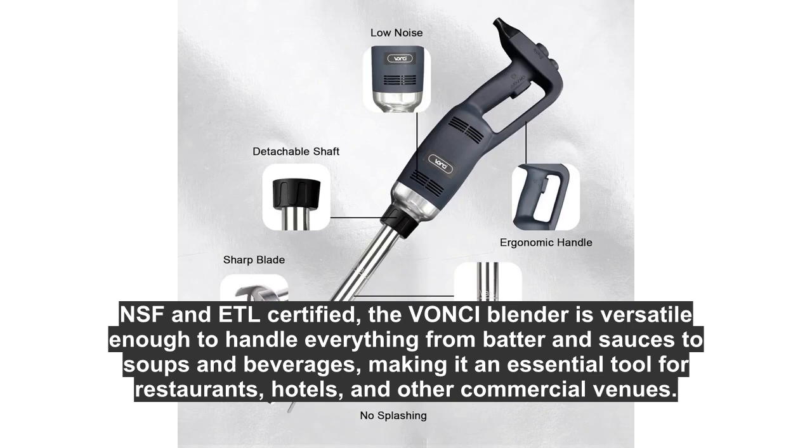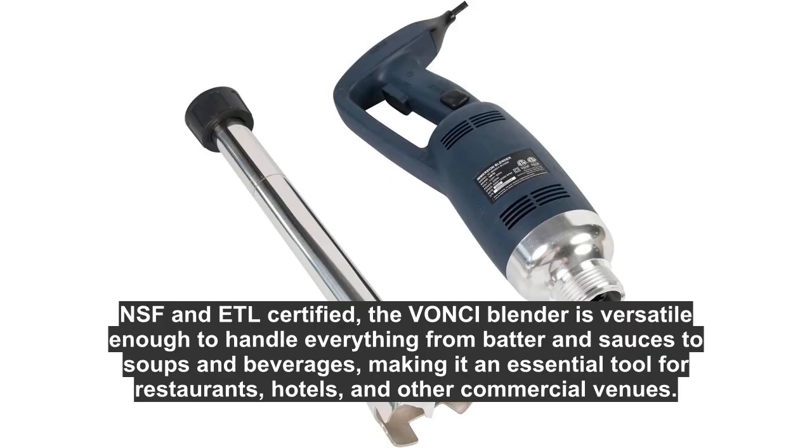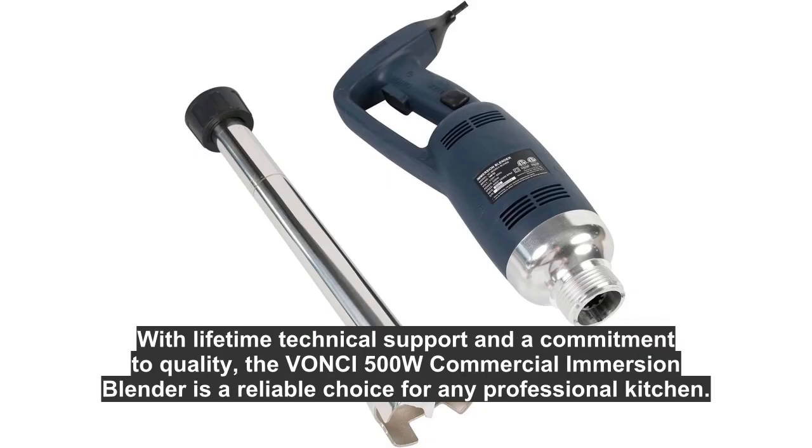NSF and ETL certified, the VONCI blender is versatile enough to handle everything from batter and sauces to soups and beverages, making it an essential tool for restaurants, hotels, and other commercial venues. With lifetime technical support and a commitment to quality, the VONCI 500W Commercial Immersion Blender is a reliable choice for